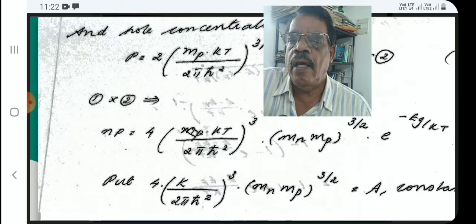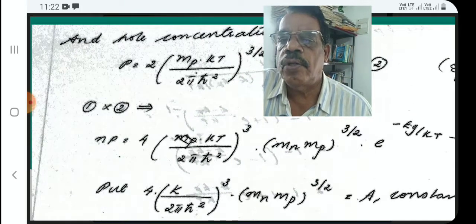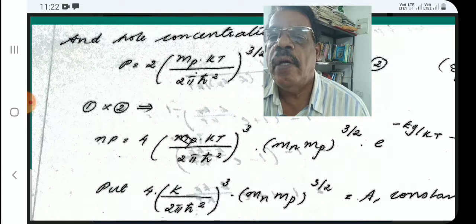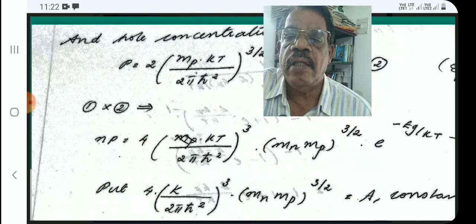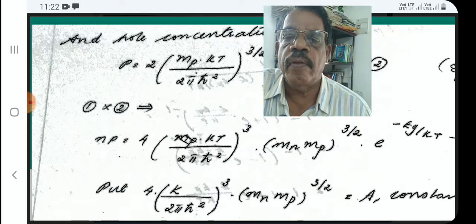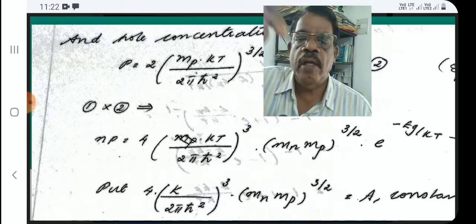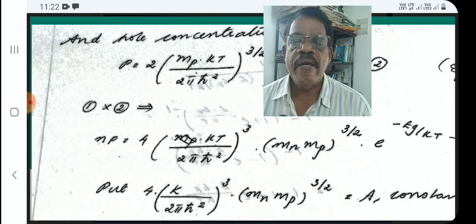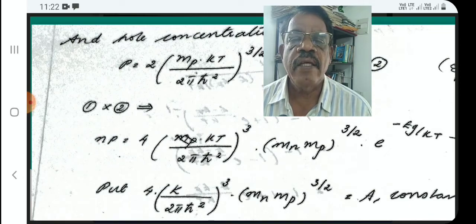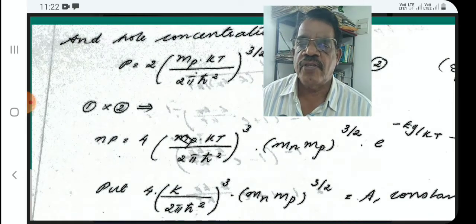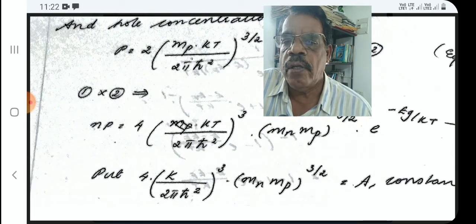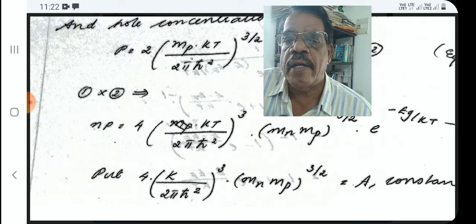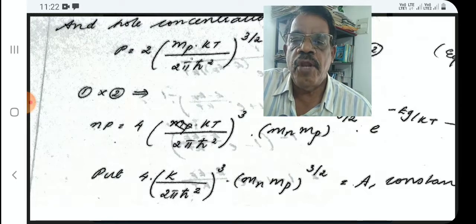We get n into p is equal to 4 into kT by 2 pi h cut square raised to 3. 3 by 2 into 3 by 2, that is 3. We have to add powers. Into mn into mp raised to 3 by 2 e raised to minus Eg by kT. Ef term will cancel. Put 4 into k by 2 pi h cut square cubed into mn into mp raised to 3 by 2